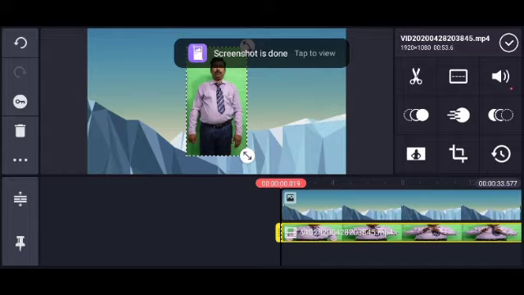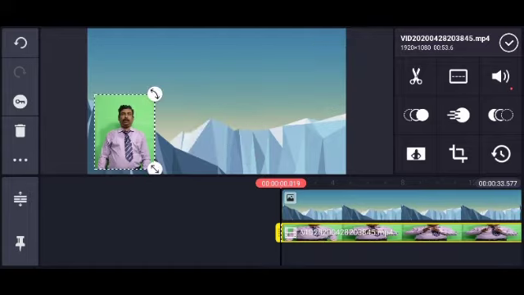Next, we need to adjust the particular video clip by holding it. You can keep it anywhere on the screen. I wanted to put it completely on the left side, down. Then my video came like this. Now I can stretch it, I can keep it down, and I can make the complete video fit as per the requirement. So we have done two things till now.